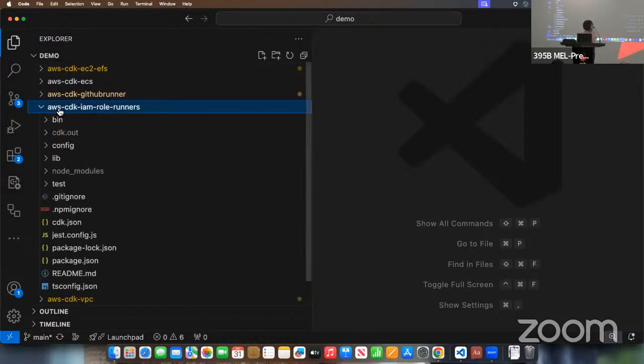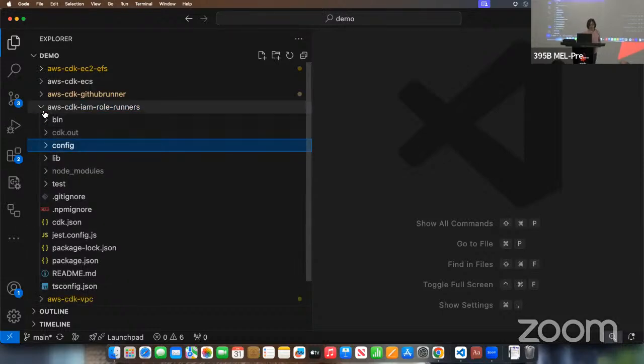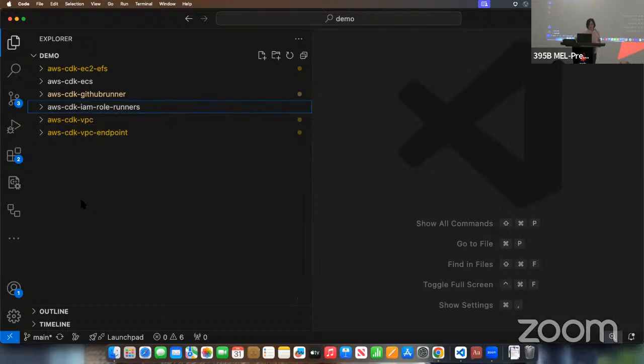So we will build it using AWS CDK, so we can deploy the IAM role to our 3 AWS accounts. So I have the IAM role here, so we will deploy it using AWS CDK because our account is already bootstrapped. So next we will deploy our AWS